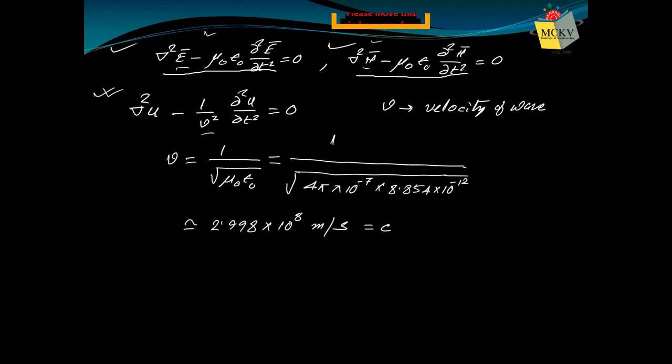So that means you have used either electrostatics, magnetostatics, or time varying fields. There is no concept of light anywhere. There is no concept of electromagnetic wave anywhere. You are only considering electrostatics, magnetostatics, or time varying fields. And what are you getting? You are getting an equation which is similar to the normal wave equation, and from that what you get is that the velocity of E or velocity of H is nothing but the velocity of light in free space.